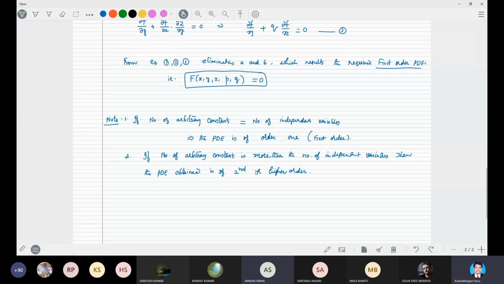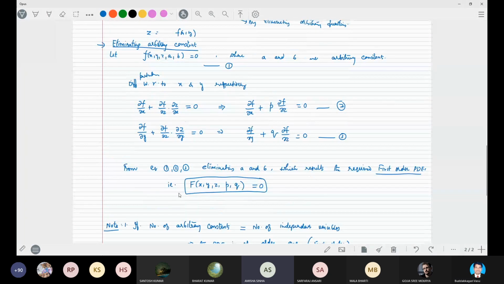Sir, I have a question. The lines that you've written from equation 1 to 3, if we eliminate A and B using these 3 equations, we are going to get a function in terms of the differentials of Z. Yeah, and that will always happen. Differentials of F, not Z. Yeah, F, sorry. There will be p, q, dou z by dou x, dou z by dou y, where z is a function of x comma y.